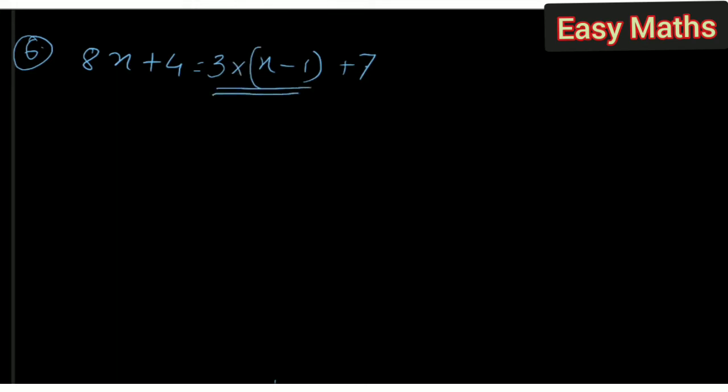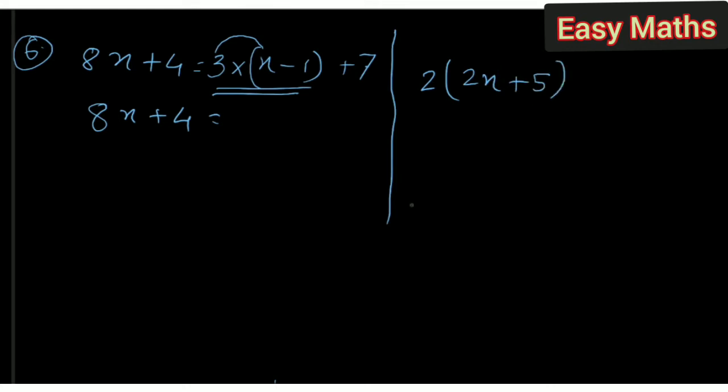Let's look at the question number 6. So question number 6 is 8x plus 4 equal to 3 into x minus 1 plus 7. So there is just a little bit of something extra added in this question. There is nothing between this 3 and the bracket, that means there is a multiplication sign. So first we have to multiply this bracket by 3. So now simple, remember this thing, whenever we are multiplying a bracket by any number,